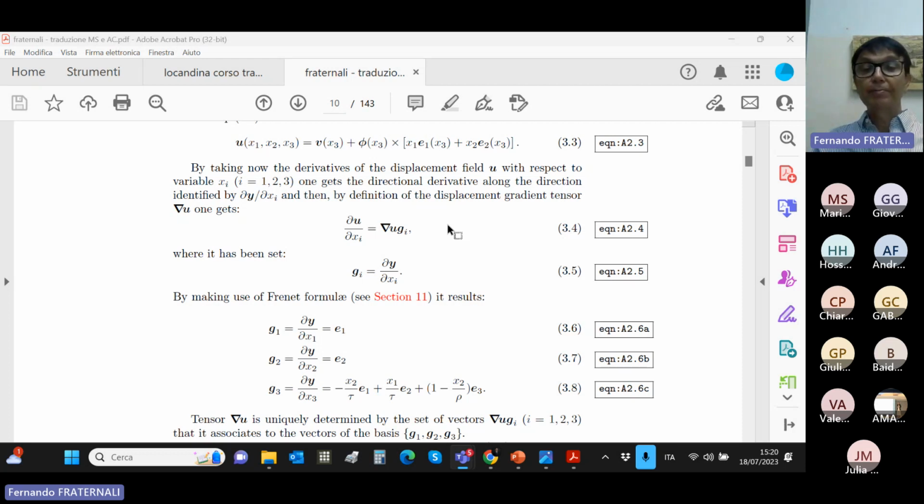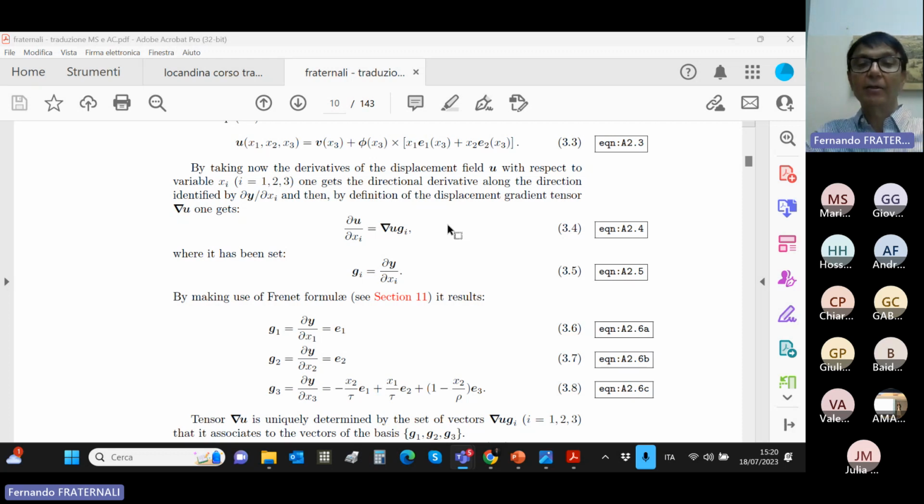Indeed, G1 and G2 coincide with E1 and E2, while G3 does not coincide with E3,